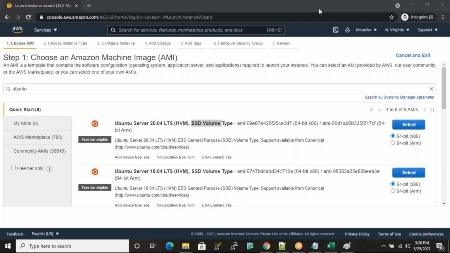Now we are creating servers, launching servers. That's why I am selecting SSD volumes. SSD means storage capacity is less, but performance is very high. So that's why I'm selecting SSD volume, and this is our selected volume ID. This volume type is 64-bit, and this is my operating system ID. Which operating system do I have to select? Ubuntu server. So this is my operating system.